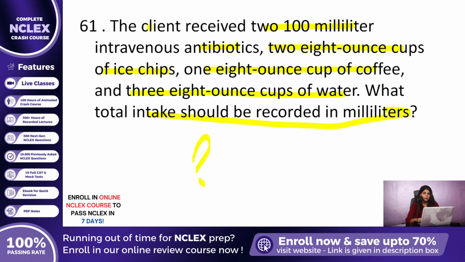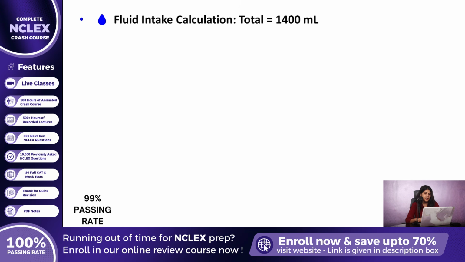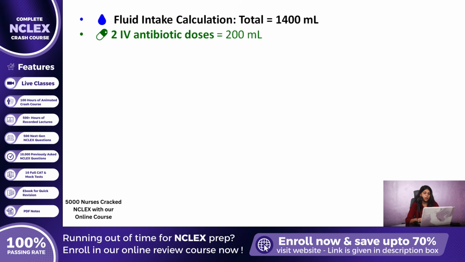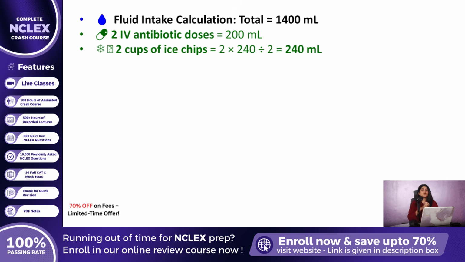The correct answer is 1,400 milliliters. Here is how we calculate it. 2 IV antibiotic doses equal 200 milliliters. For the 2 cups of ice chips, we calculate 2 cups times 240 milliliters, divided by 2, resulting in 240